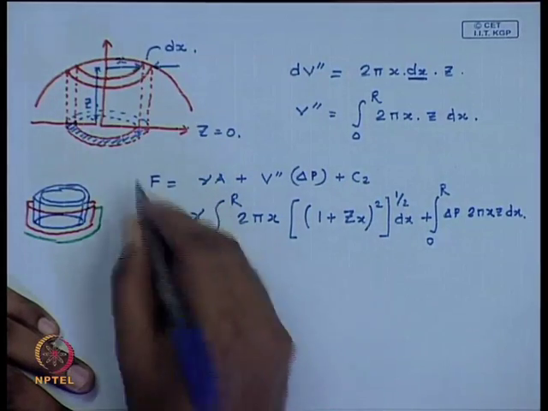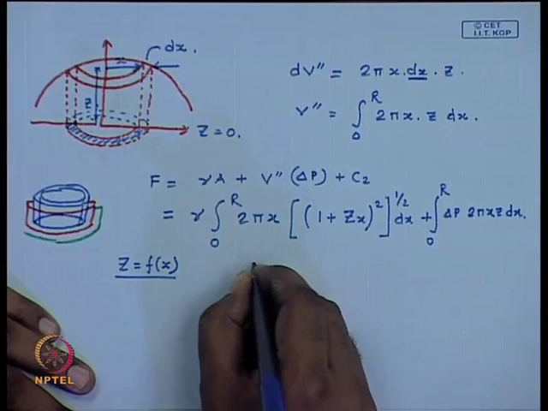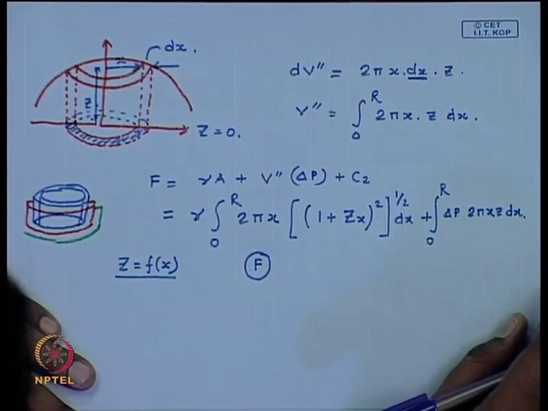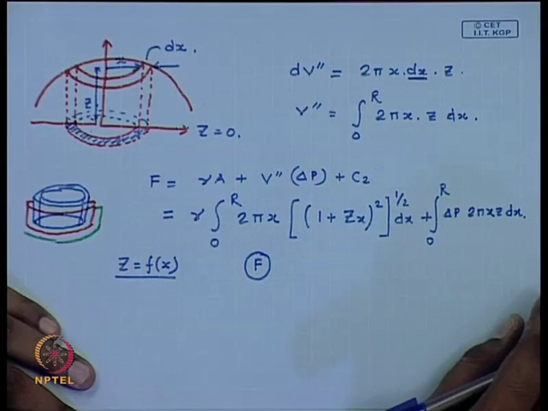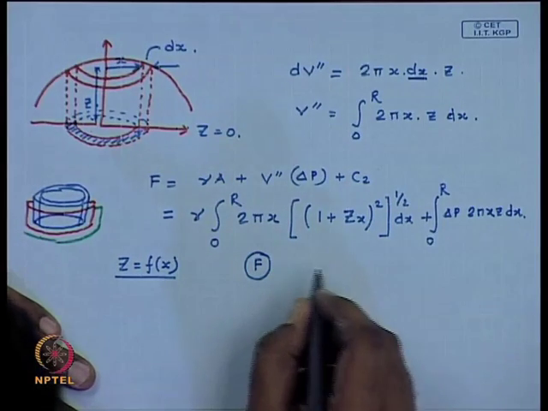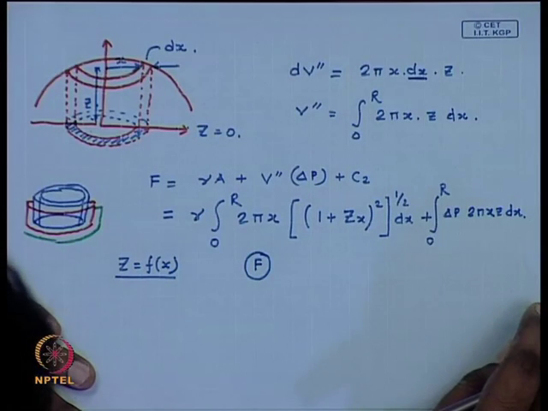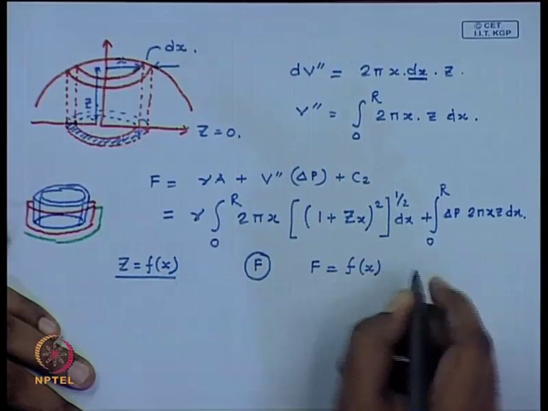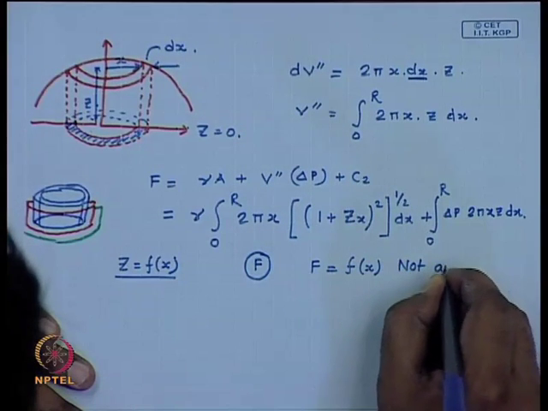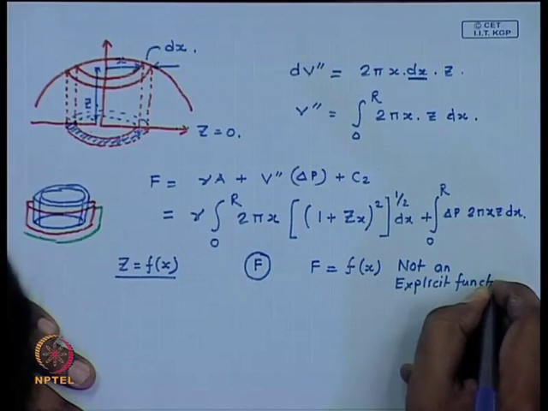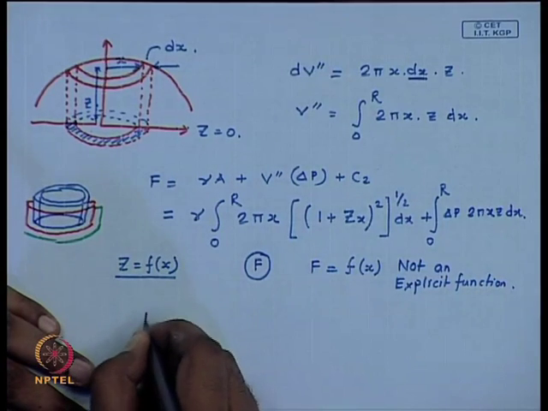However, the function we want to optimize is F, and from the basic concepts of optimization or maxima and minima, we have the necessary and the sufficiency conditions. But if you look carefully, we would like to optimize F with respect to x, the independent spatial variable of the system. However, F is not an explicit function of x. Rather, if you look carefully, F is of the form